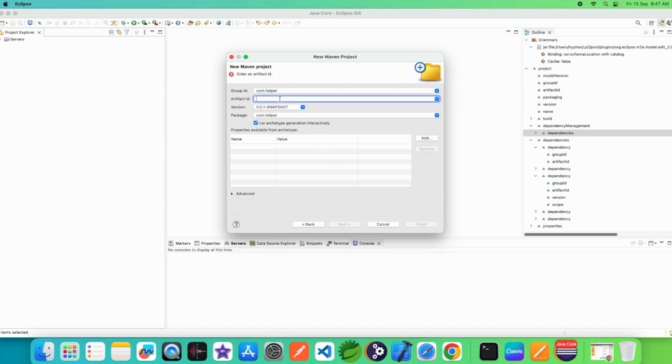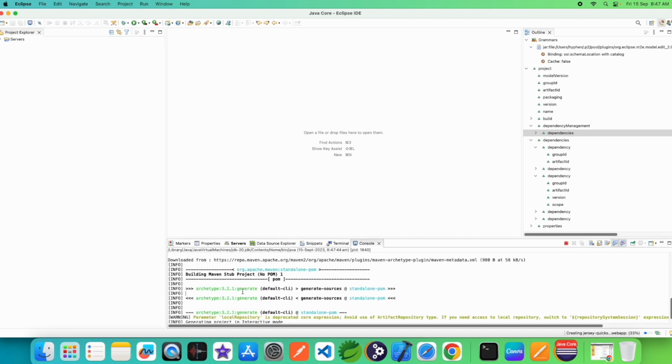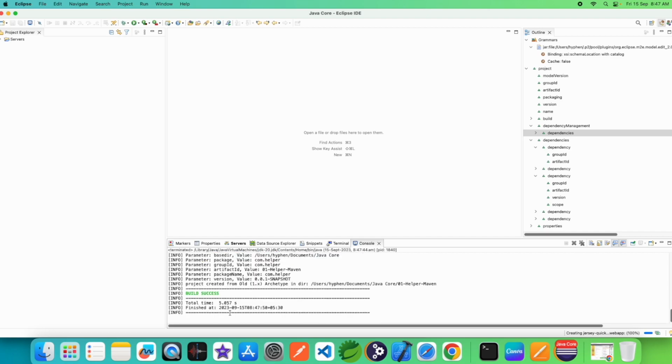And artifact is the project name. I want 01 helper, and for the Maven package, whatever you want to give, and then start. At first it starts with some yes or no prompts for the project, and then